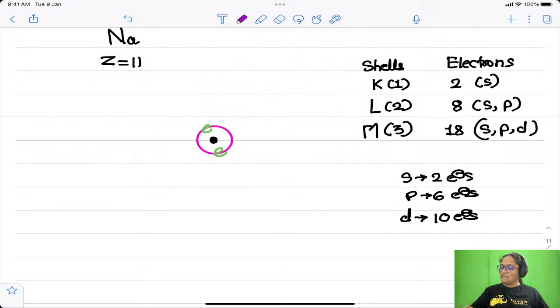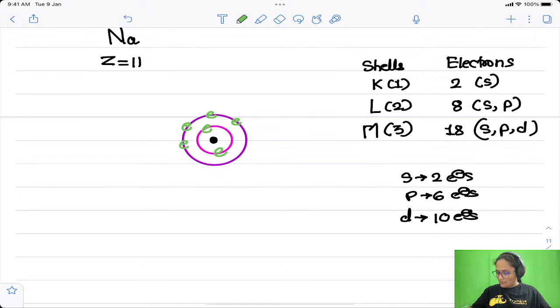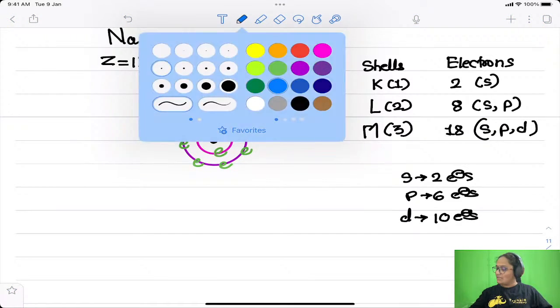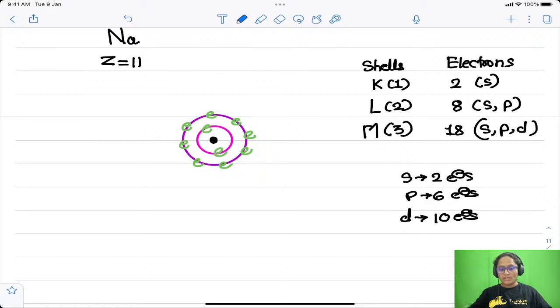Next is the L shell. In the L shell, we can fill a maximum of 8 electrons, right? So I'll fill 8 electrons: 1, 2, 3, 4, 5, 6, 7 and 8. Obviously out of 8, 2 will go in the s subshell and 6 will go in the p subshell, right? Then the last one,